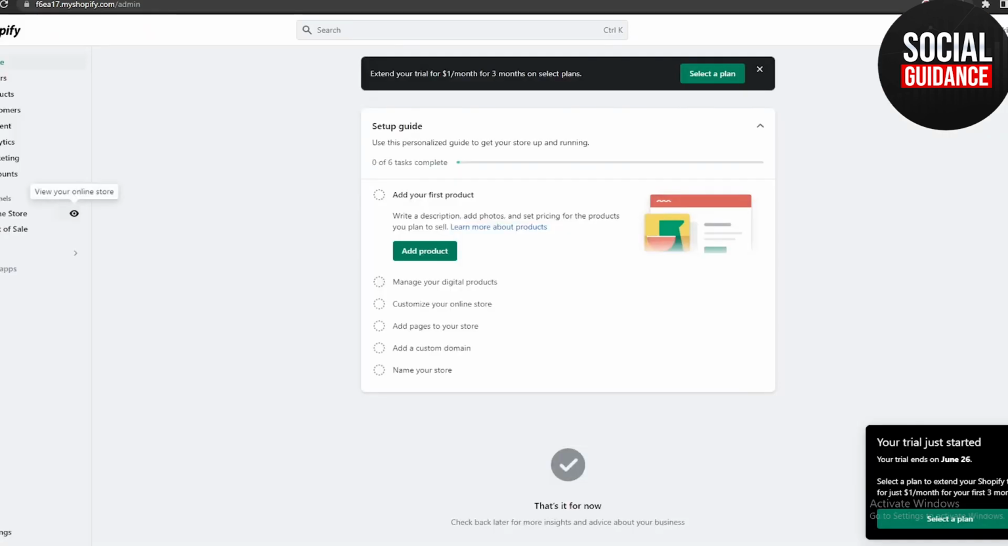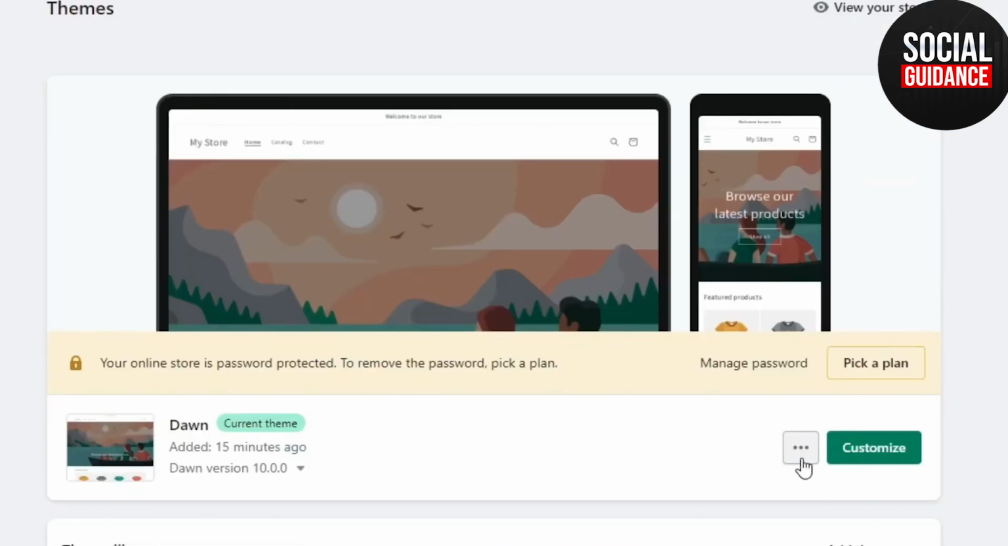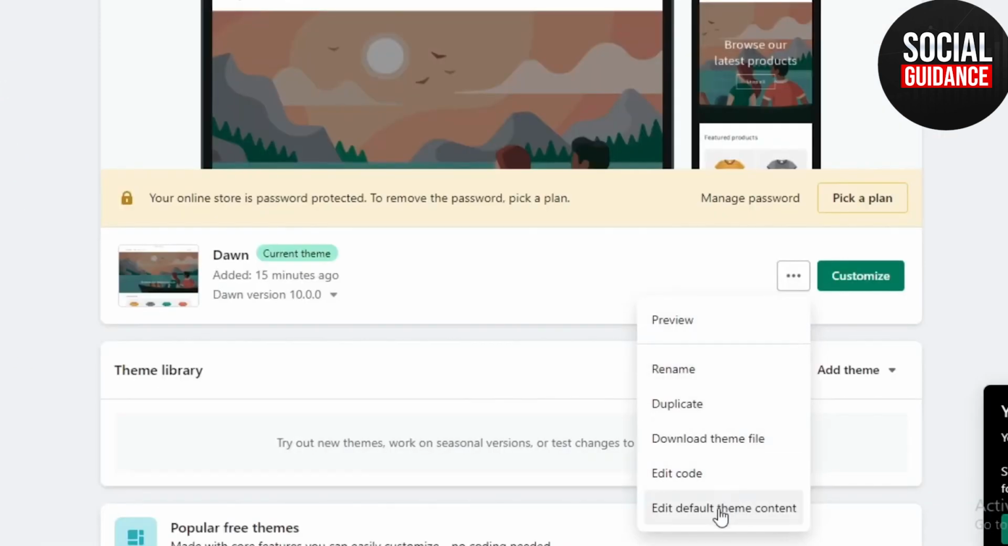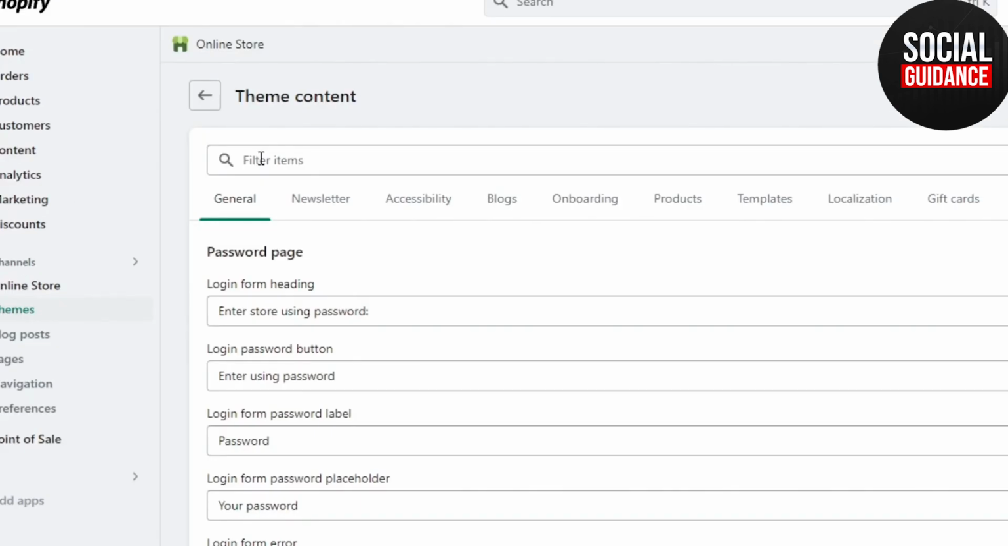You go back to Shopify. If you select your online store, you press the three dots right here. You go Edit Default Theme Content. You select this. You go into the Filter Items section. This is like a search bar for your web page and all the elements included in the web page. You left click and you write